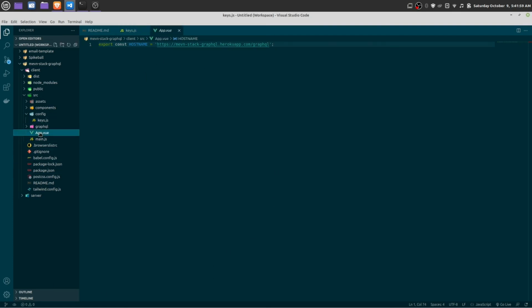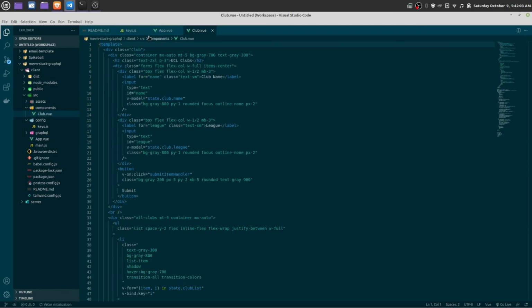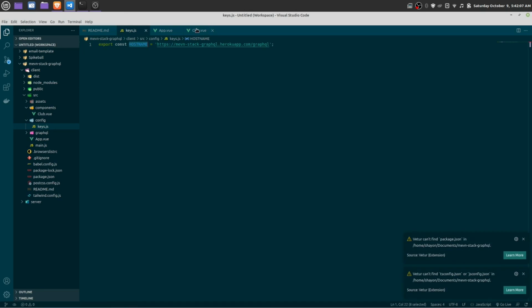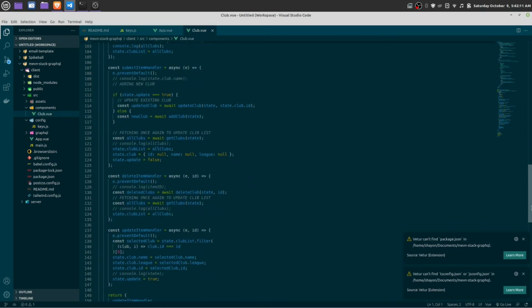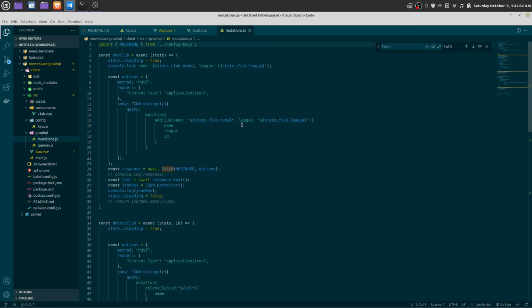Okay, once again let me go to the component. Let me show you. This is the host name, and we are going to use it in here as well. Wherever we are fetching data in mutation, we are fetching data with the host name.